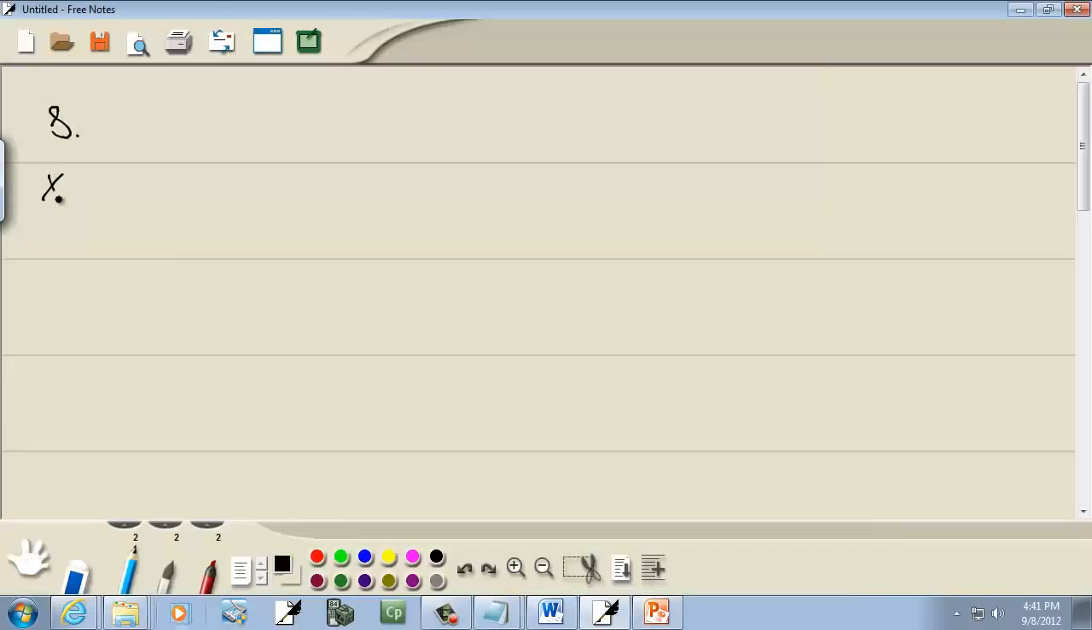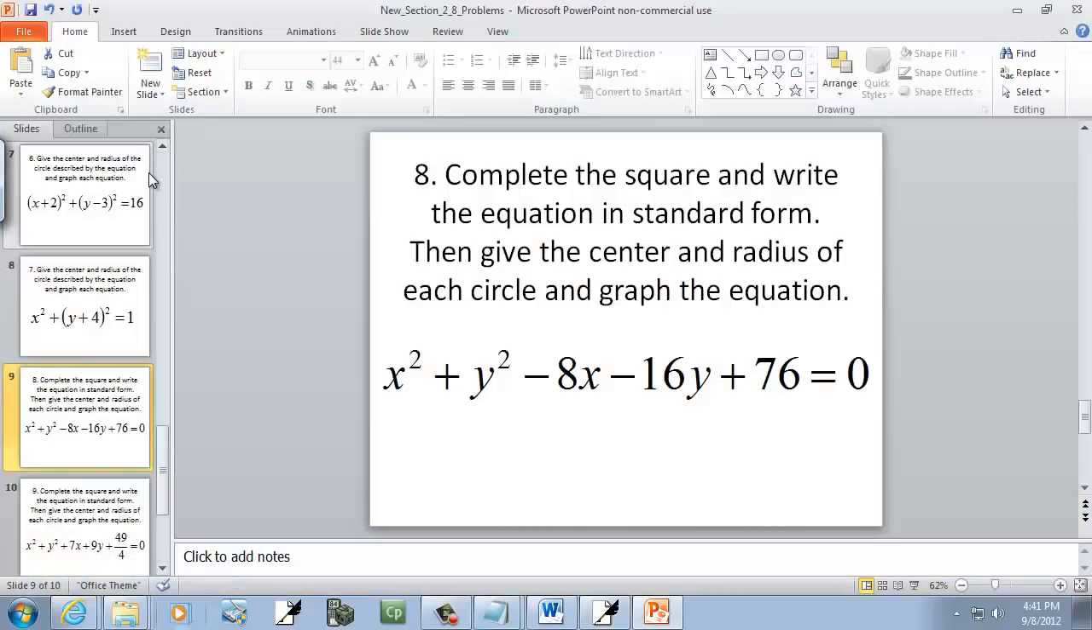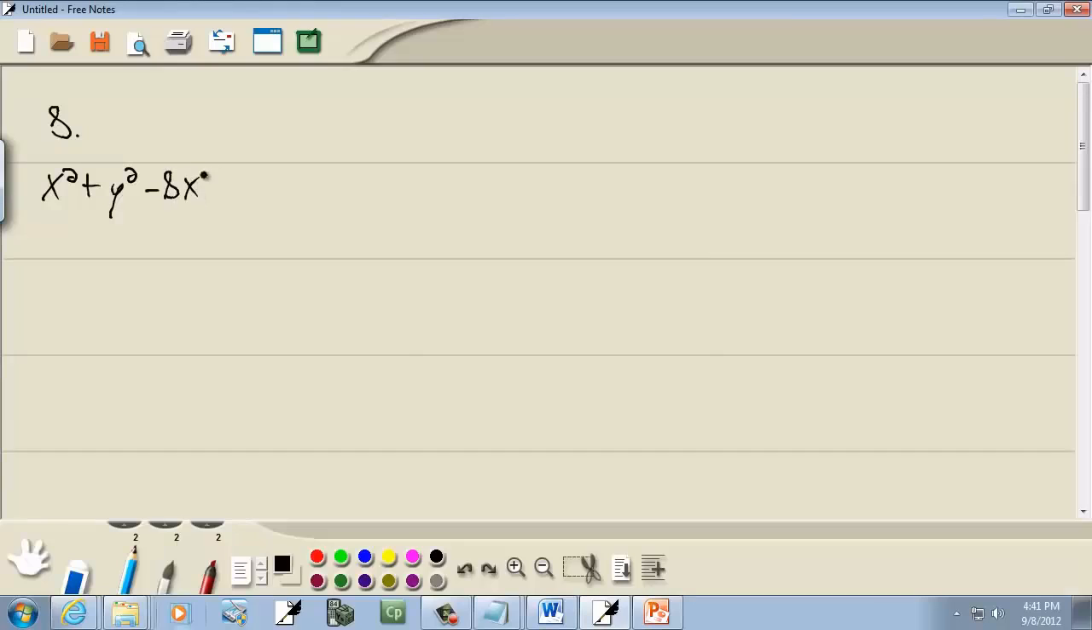Okay, so we got x squared plus y squared minus 8x minus 16y plus 76 equals 0. Now this is our general form. Remember how I said you have the squareds first, and then the first powers second, x and then y, then your number. Well, this procedure is writing